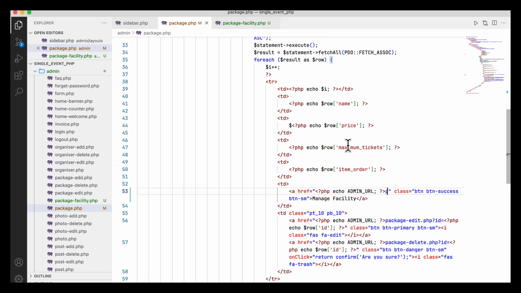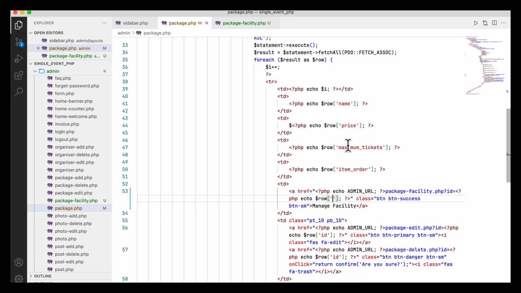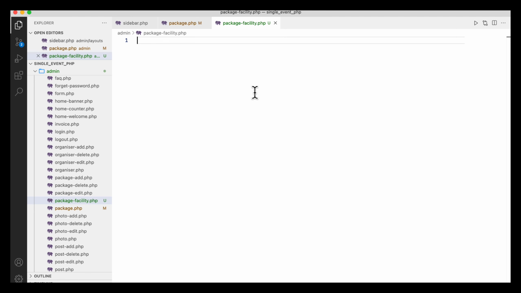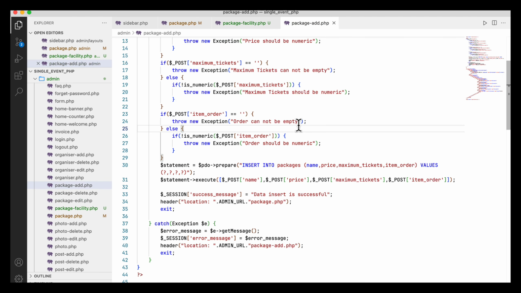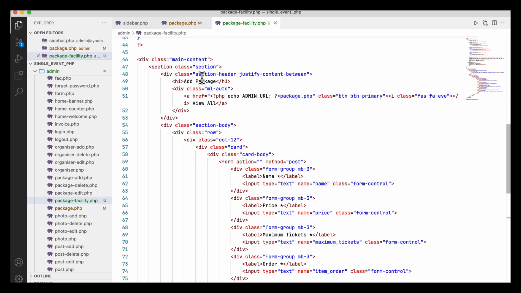admin URL, then package facility.php. But when I go to that page, there will be an ID, and this ID will be echoed, that will be this package ID. So taking this ID, I will go to the package facility page, and in the package facility page I can show like this. So I am going to copy the package add table data here, and add